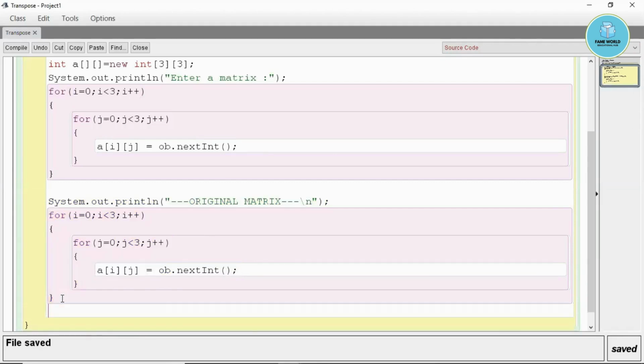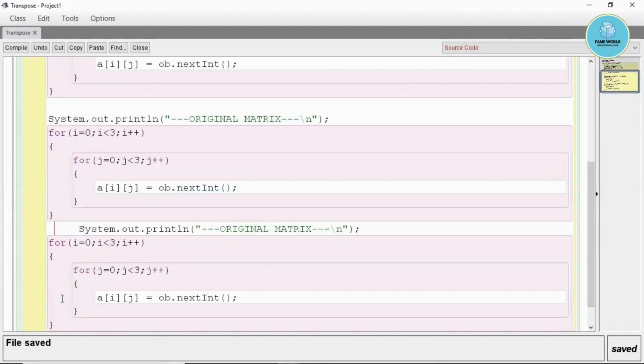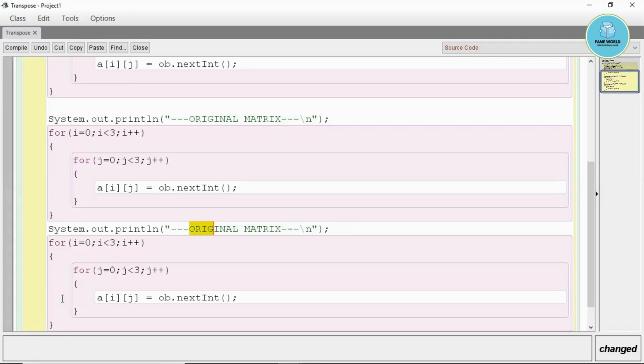We have printed the original matrix. So now I will just print the transpose matrix, and it is really very simple. Because what we have to do is convert the row to column and column to row. We just have to interchange the row and column when we are talking about the transpose matrix. So at the time of printing, that is what we have to do.